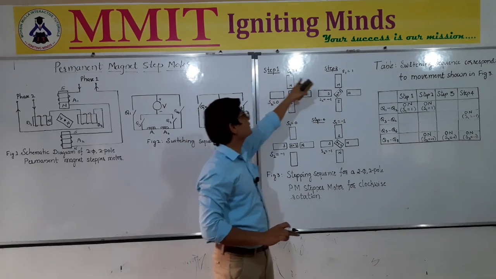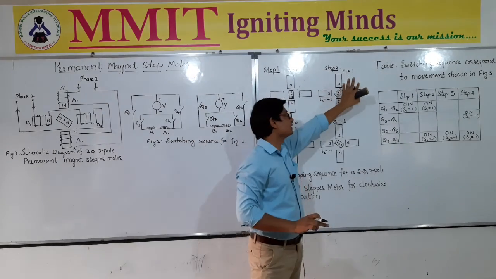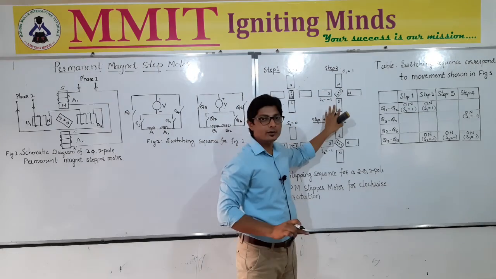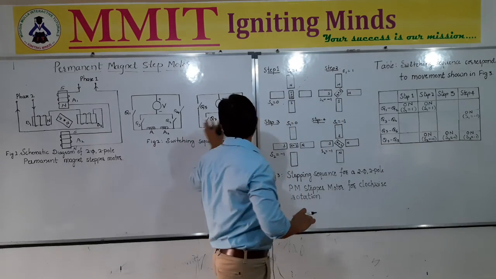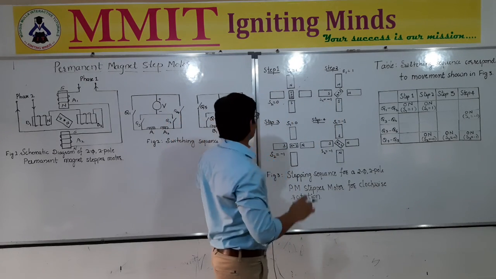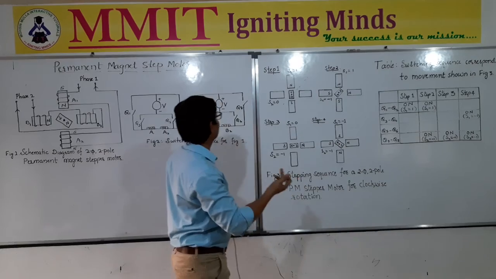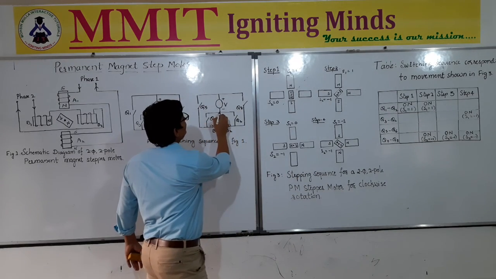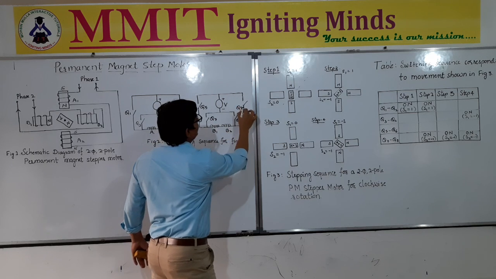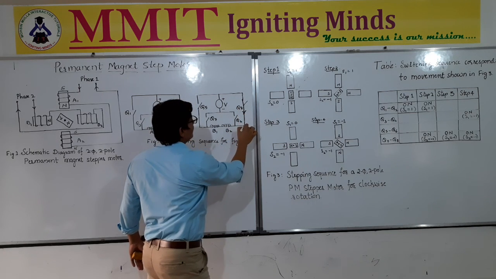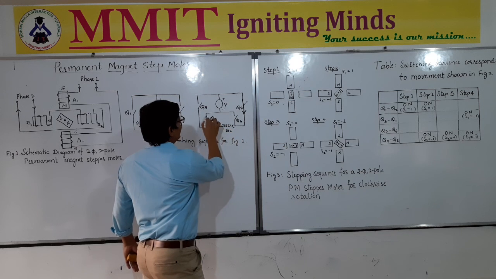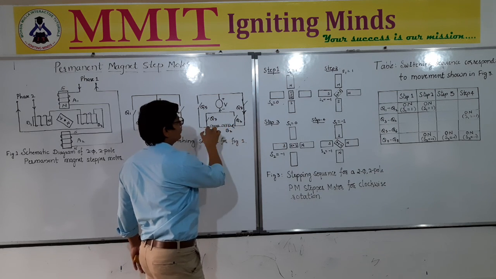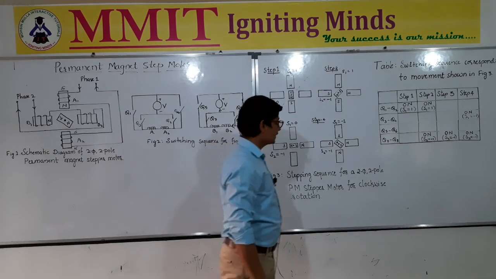The first winding we are still keeping the same, we are not changing its condition, north and south vertically. By making S2 equal to -1, we are energizing the second winding in the opposite direction, that is Q7 and Q8 are closed. When Q7 and Q8 are closed, the direction of the current will be from here. It will enter from here, first into B, and then it is going to come back. So it is going to enter from B2 to B1, in the clockwise direction.